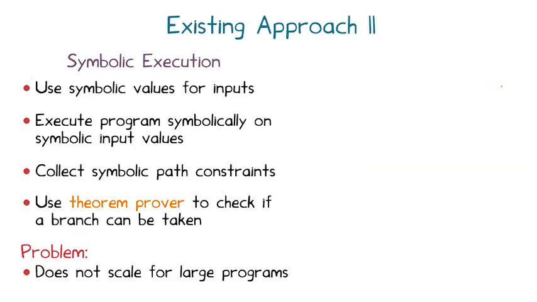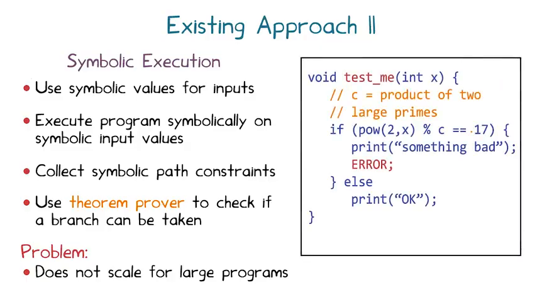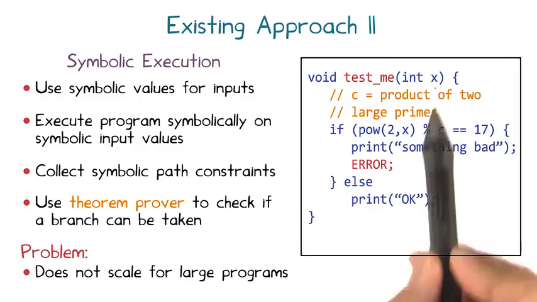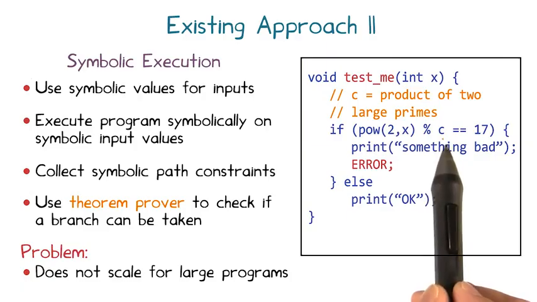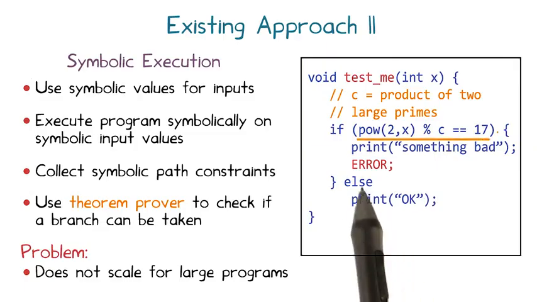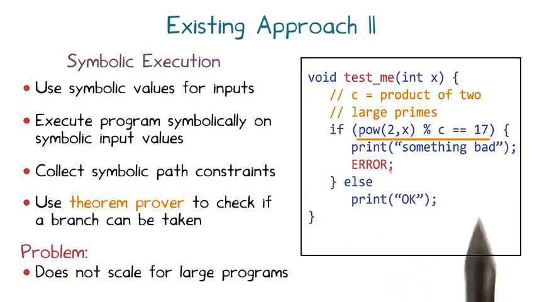Another problem with purely symbolic approaches is that they may not be powerful enough to decide if a particular constraint has a satisfying assignment. For example, in this version of the program TestMe, we ask the theorem prover to decide whether there exists an integer x such that 2 to the power x modulo a product of two large prime numbers, denoted here by constant c, equals 17. If so, the program throws an error. Otherwise, the program terminates normally. Note that this particular condition is an instance of the discrete logarithm problem, which is believed to be computationally intractable